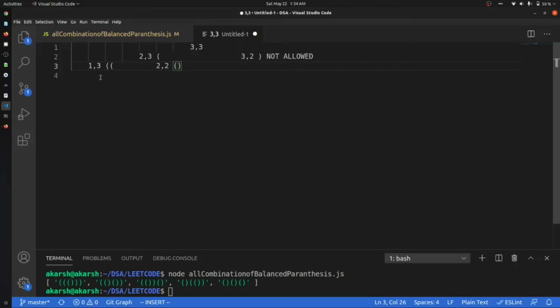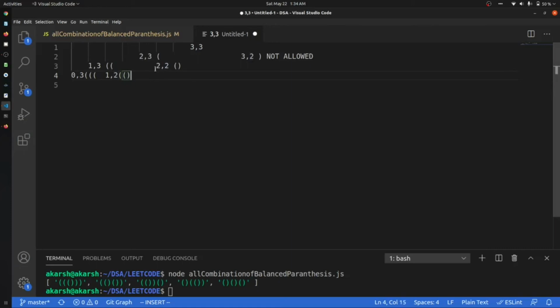After that, below this, we can have one more open brace, 0 comma 3, so it will have 1 open, and again we can go with 1 comma 2, and this will have 1 open and 1 close.